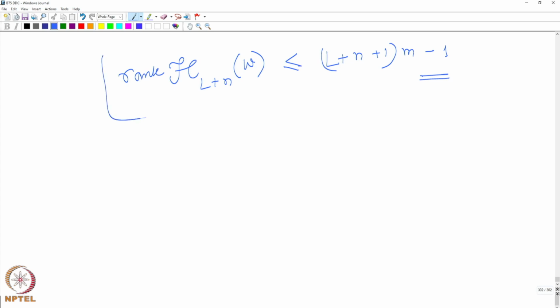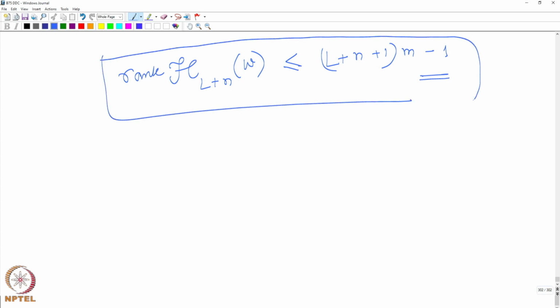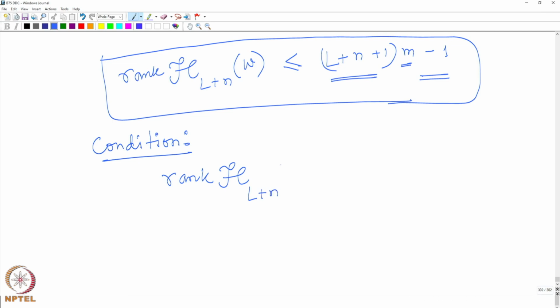Now this is what we can play around with. See here this M is appearing, no. So this is the condition that we are going to put in. This is very important, absolutely important. Condition. I put this condition on the input of the system U, and I say that this rank is equal to (L+N+1) times M.